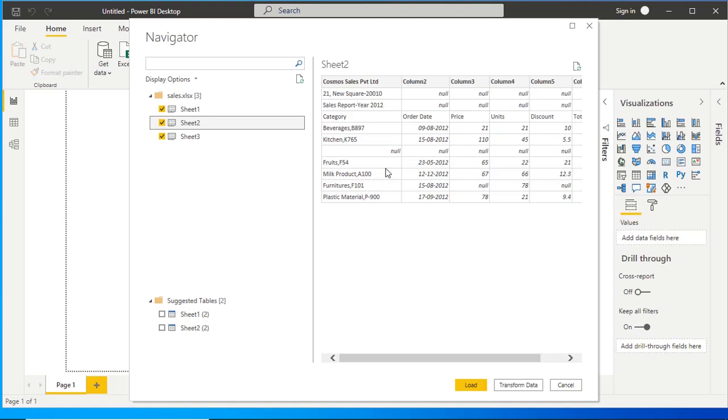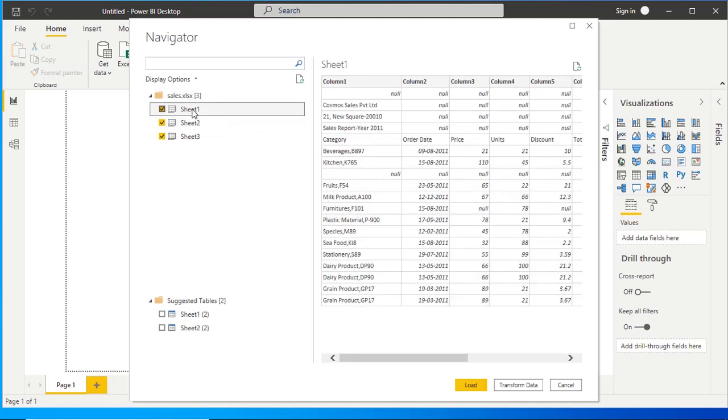Before loading the data, we need to clean and transform the data. Why? If you check the sheet 1 data, then on the top, headers are column 1, column 2, not meaningful headers. Then we have the null value for the next row, and we have the address and other information in other rows which are not required.